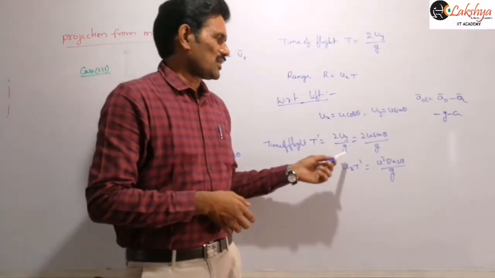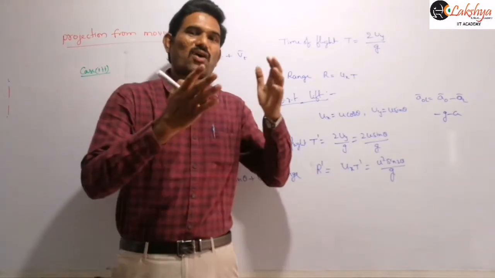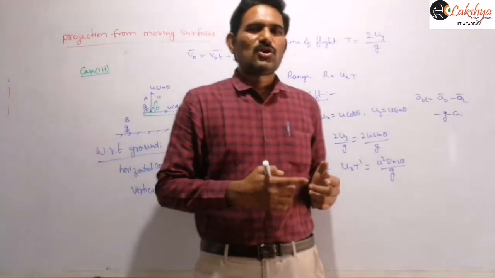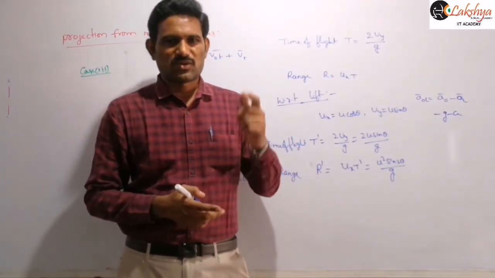And so here you will get the g plus a term, in the case when the lift is accelerating upwards. Then you need to follow the procedure. Procedure means, as I said in the previous classes, to find the time of flight we need to use s is equal to ut plus half a t square along y axis, right?